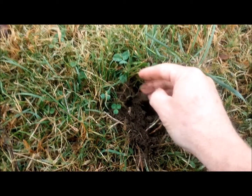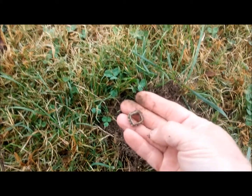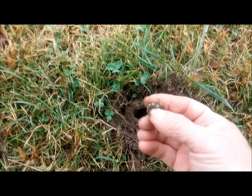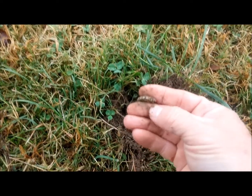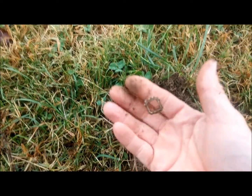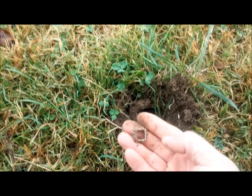And in that range, sometimes that range is gold. Don't know what that is. I'll have to clean it up a little bit and see if we can tell any better what that might be. It's like some of it might be broken, but it's always fun to find something different. It's pretty heavy. Makes me think it might be something good. We'll take it home, clean it up, look at it, see what we